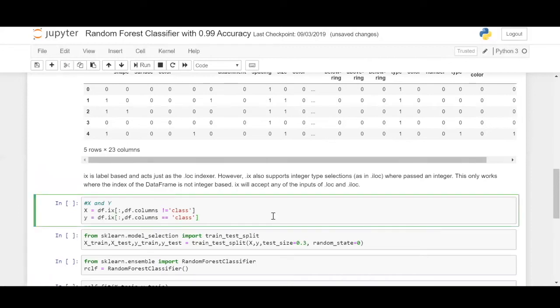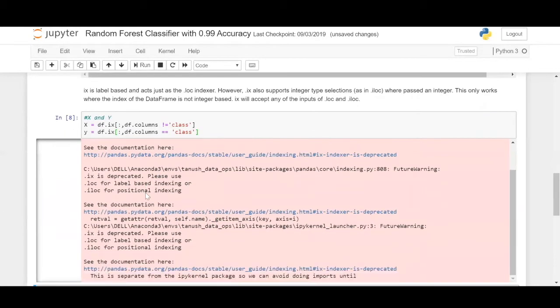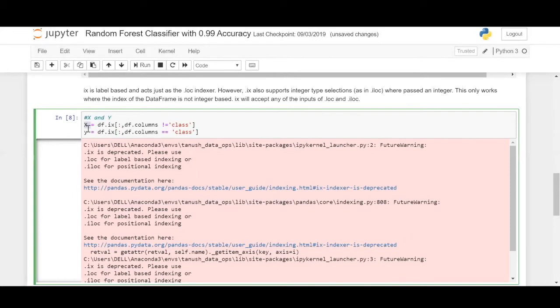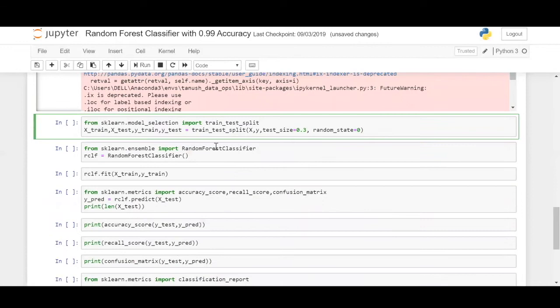In our statement, it is quite similar to the iloc command. So here we have completed the selection of x and y. X is nothing but your training data, I mean the independent data, and y is the dependent data, which is the target. So now we'll be separating into train and test.